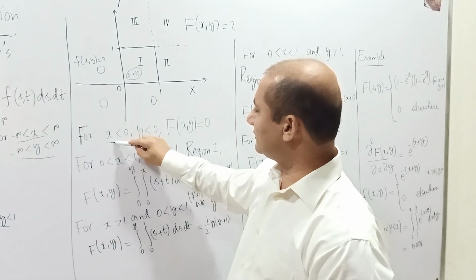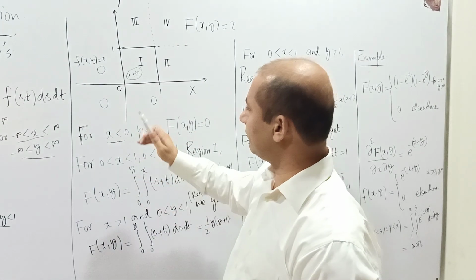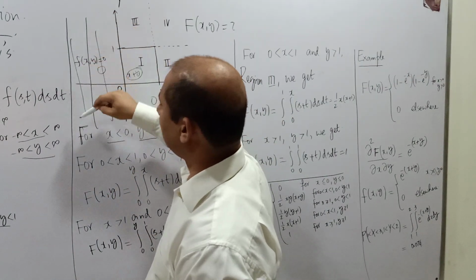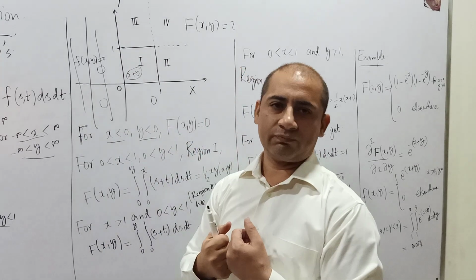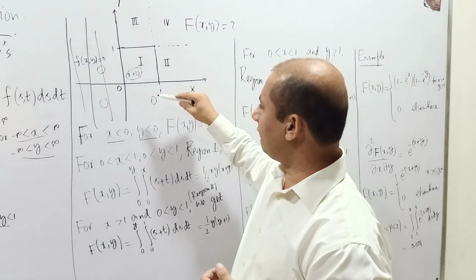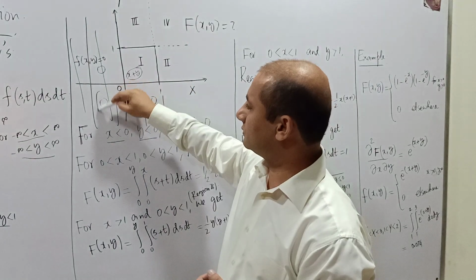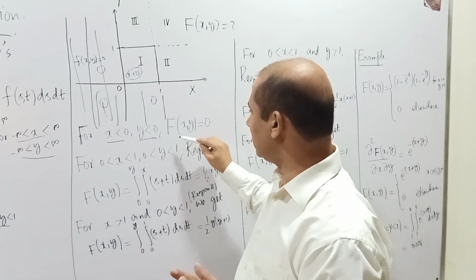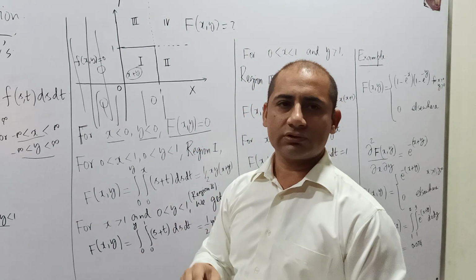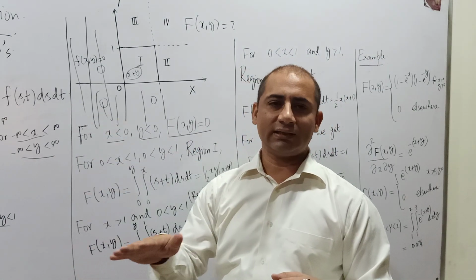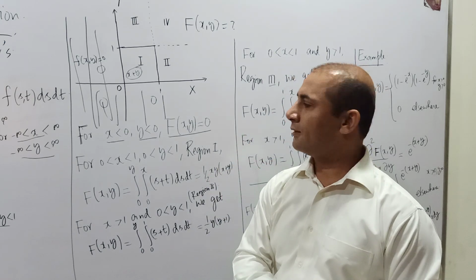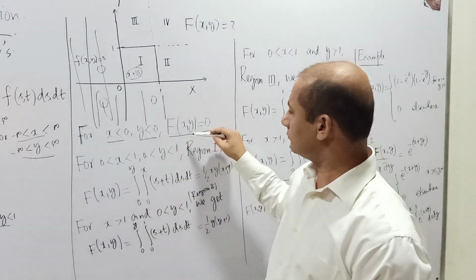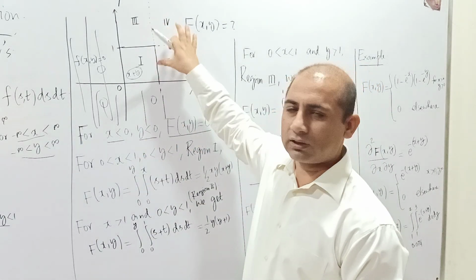So if my x is negative and my y is negative, so when my x is negative, that means I'm talking about this region. So I'm accumulating nothing in terms of probability. When y is negative, I am on this region. So I'm getting nothing in terms of probability. I've got nothing. So ultimately we'll be having f of x y equals to 0 when x is negative or y is negative. So that means now we are left with only one situation where we have this first quadrant.